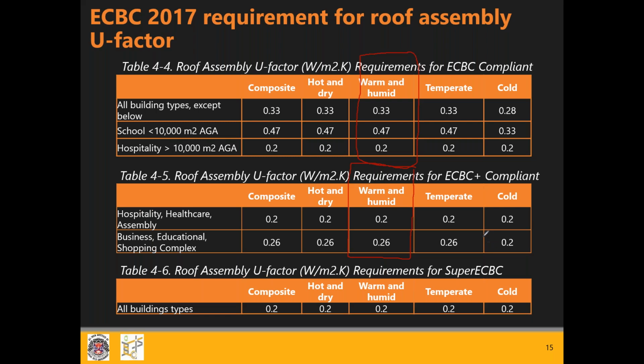After you have determined which climatic zone your building falls into, half of your confusion is gone. You can concentrate only on those figures that are for the warm and humid temperatures. So here, I can see that all buildings except school and hospitality should have a maximum U factor of